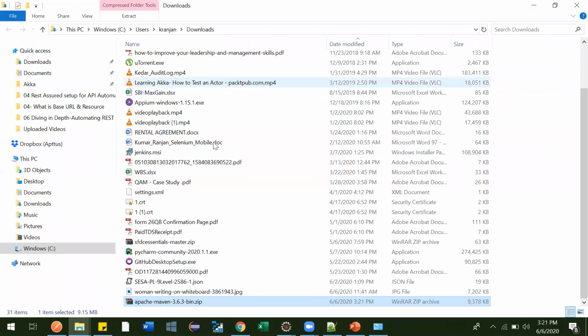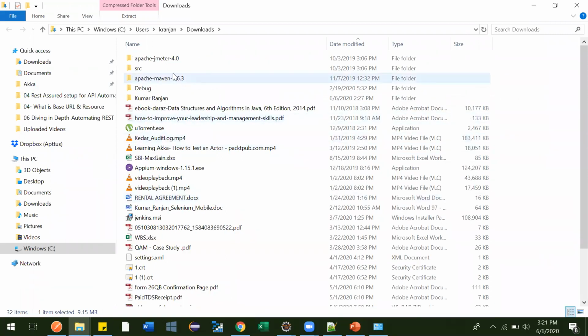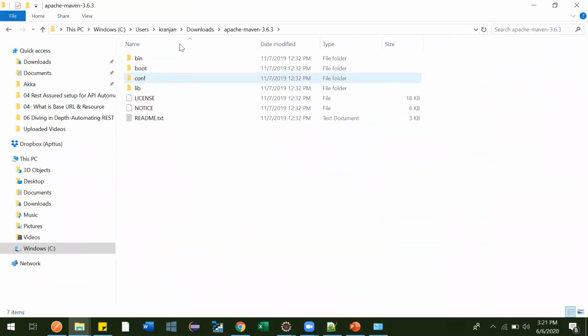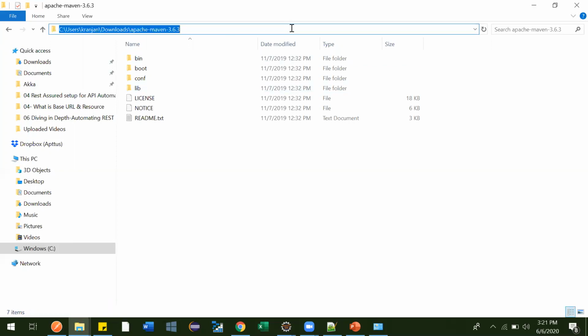Apache Maven, see, this got configured, and after extracting you will see something like this. The way we did the environment path variable setup for Java, in a similar way we have to do this. After downloading, open that folder and copy this path.